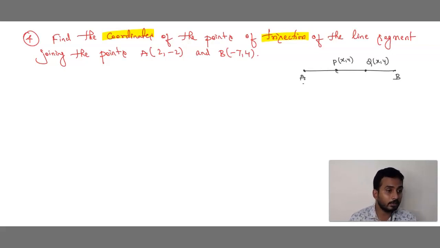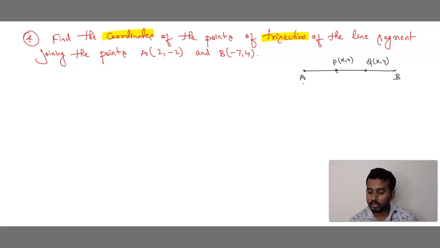So first, what do we do, beta? Understand that Q is not there. We have to think Q is not there. So P is the midpoint. Just think A, B and P. Solve the problem by using the section formula. Then again A, B, Q. Solve Q. You will get it easily.